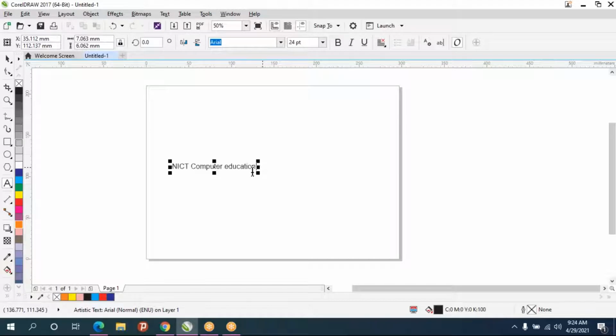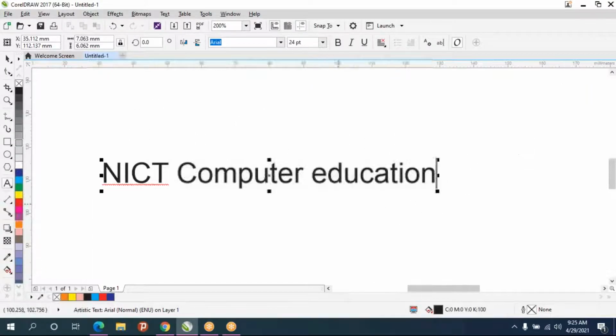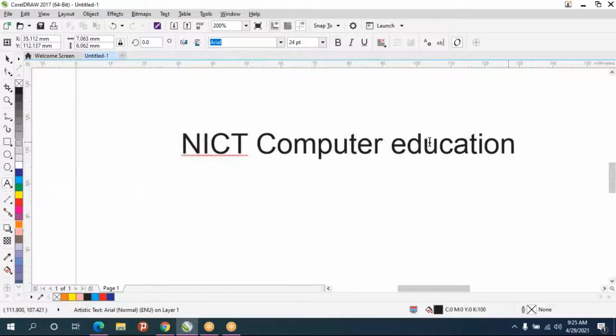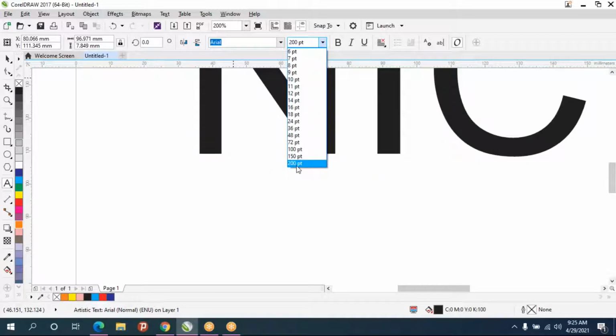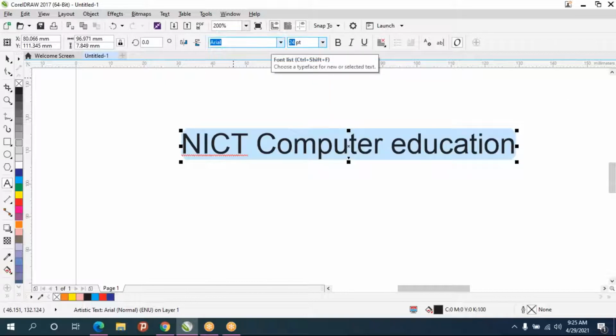And you can zoom in. You can select the text and see the font size. This is 24, and by default you can give up to 200. The maximum size you can give is 200, or else you can give 500 also by typing it.